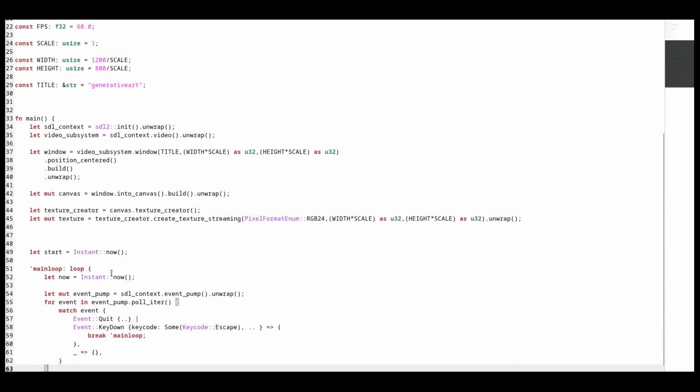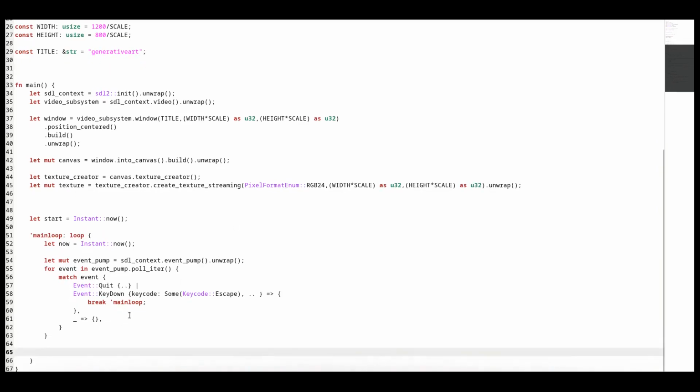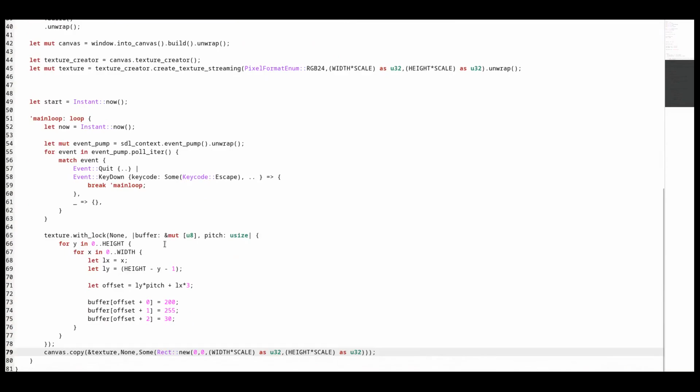Next pieces of initial code. Note the variable start. This will be used later. Event pump is used to check all incoming events. This is code to set the SDL2 buffer with data. Just because of this code to set bytes, there is a not optimized output binary with opt level 0. So we need to use opt level 1 as a minimum.